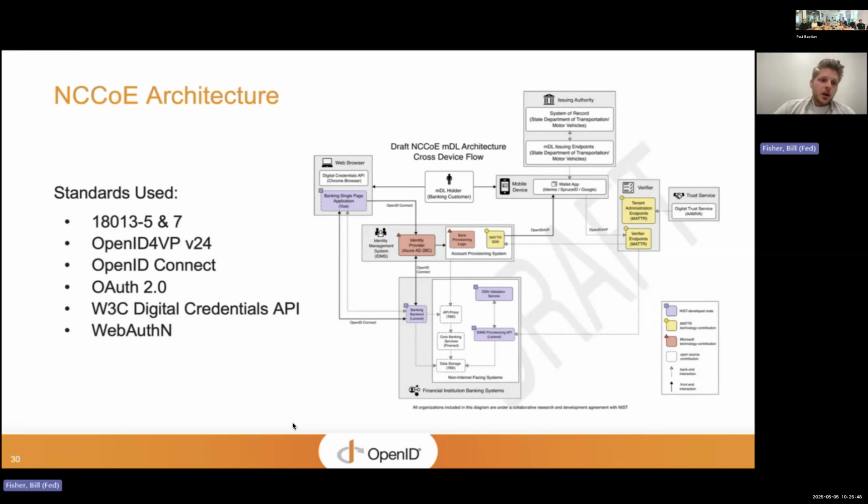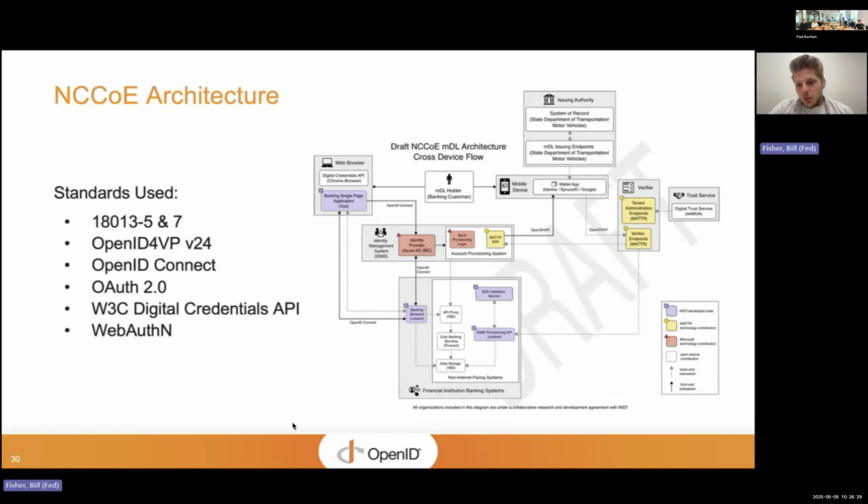For that presentation, we are using OpenID for VP version 24 currently. We will update that as that specification evolves. We're using things like OpenID Connect and OAuth 2.0 to handle the tokens and the interoperations between and the interconnections between some of these backend components. We are, of course, using the W3C Digital Credentials API, which comes with the CTAP baked in, right? So for those cross-device flows, we want to make sure that we are phishing resistant and have a secure connection going between the wallet and the relying party server. And so we're using that with CTAP underneath.